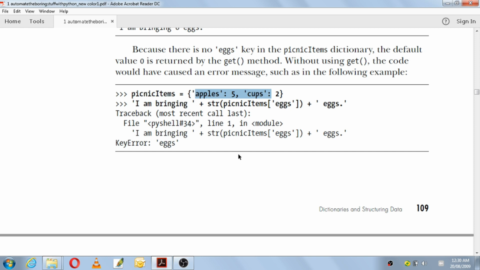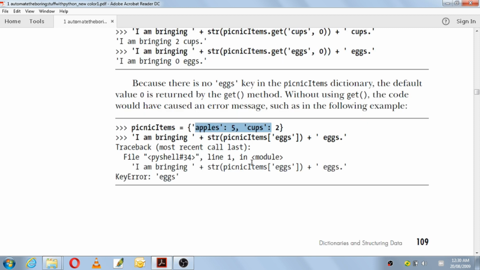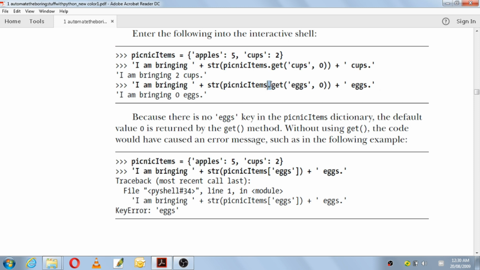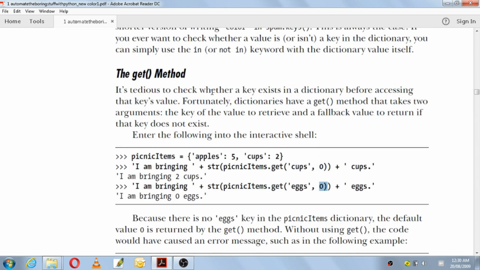So instead of that, better make use of the get method to retrieve a value from a dictionary. If that key is present in the dictionary, well and fine. If that key is not available in the dictionary, it will just give us the fallback value which we had given in its method. So this was about which method? The get method that we can use with a dictionary to access a value from a dictionary.